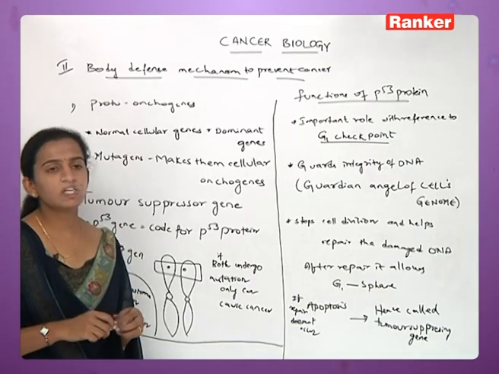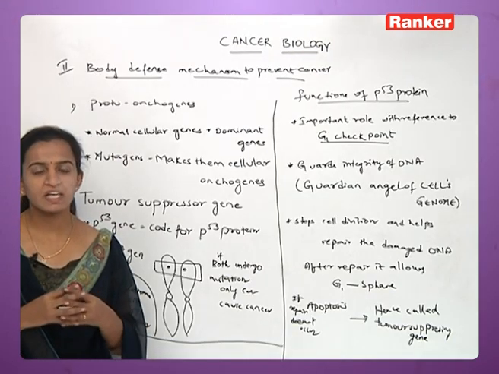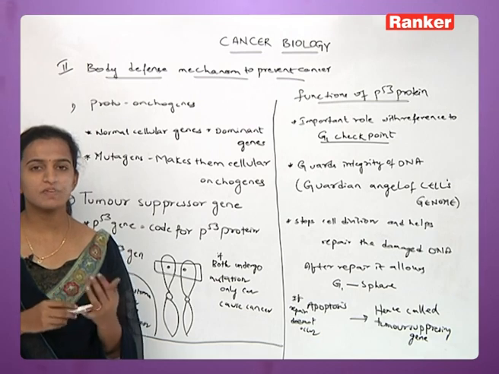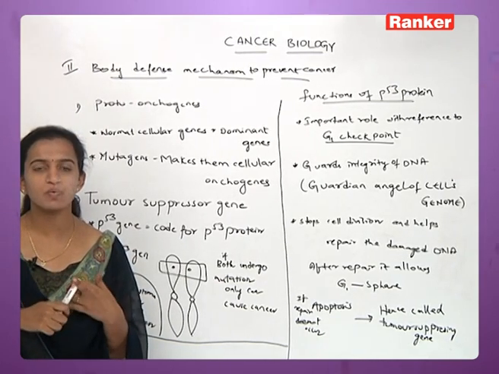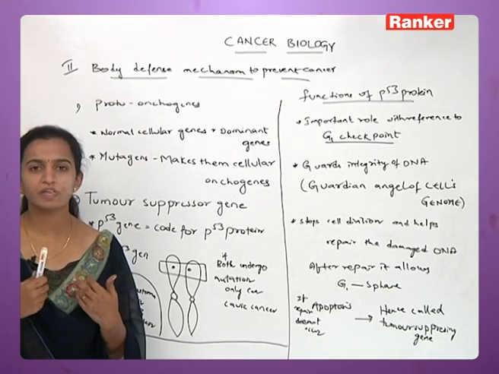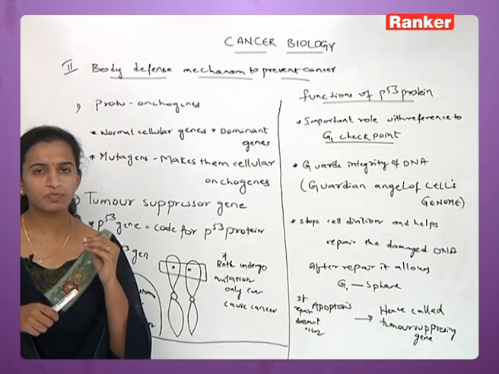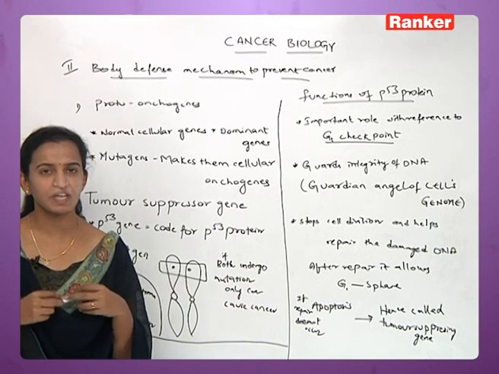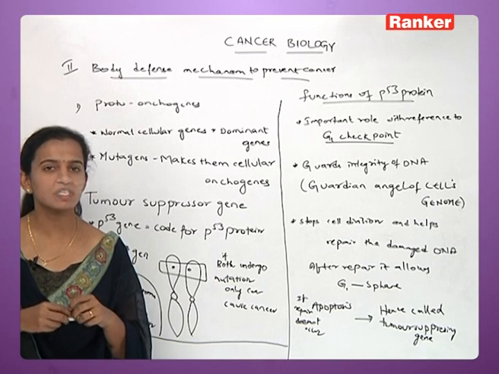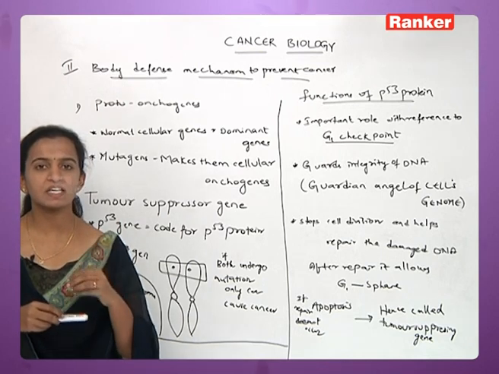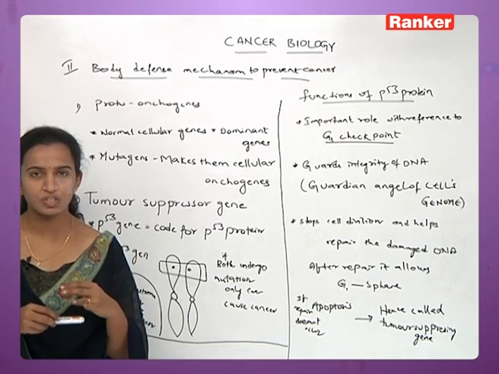So we have seen some properties of cancer. We have seen what is cancer, what are the properties of cancer, what actually is a normal cell, and why a normal cell goes on to become a cancer cell. So we have seen some of the basic knowledge about cancer, but there is a question: why, even though we have an immune system which needs to work against the antigens entering into our body.